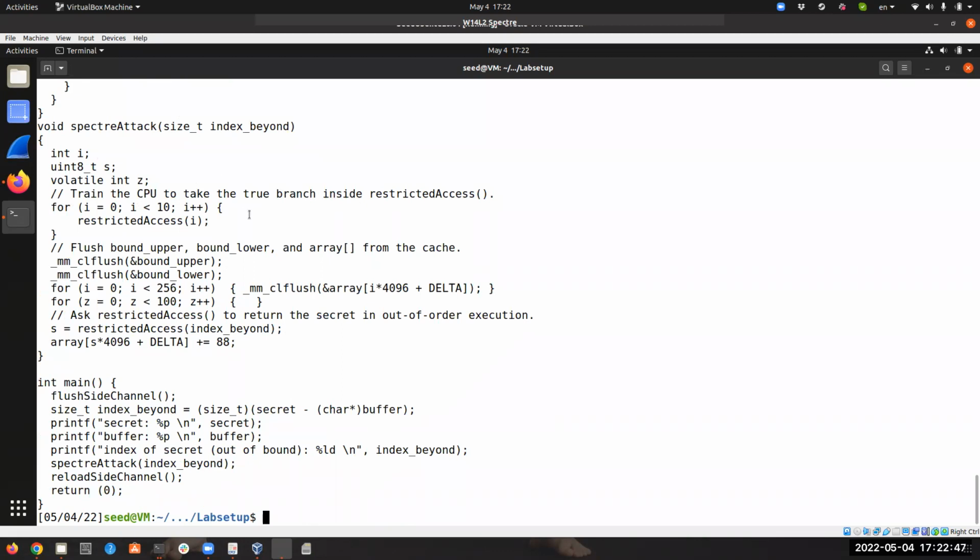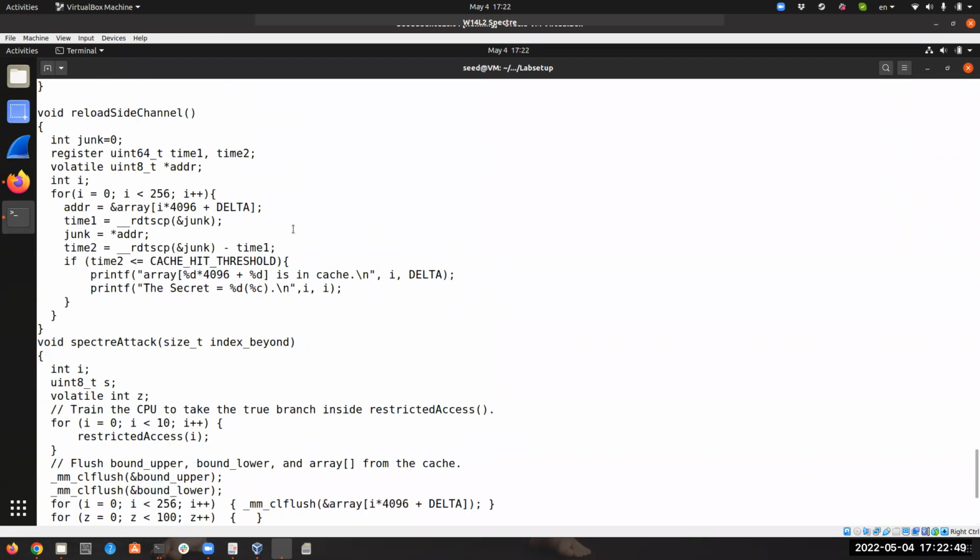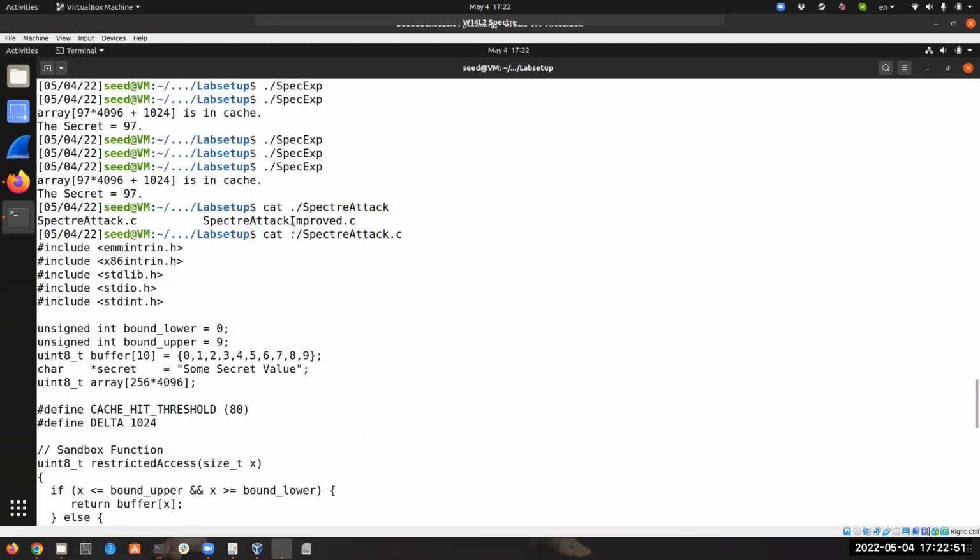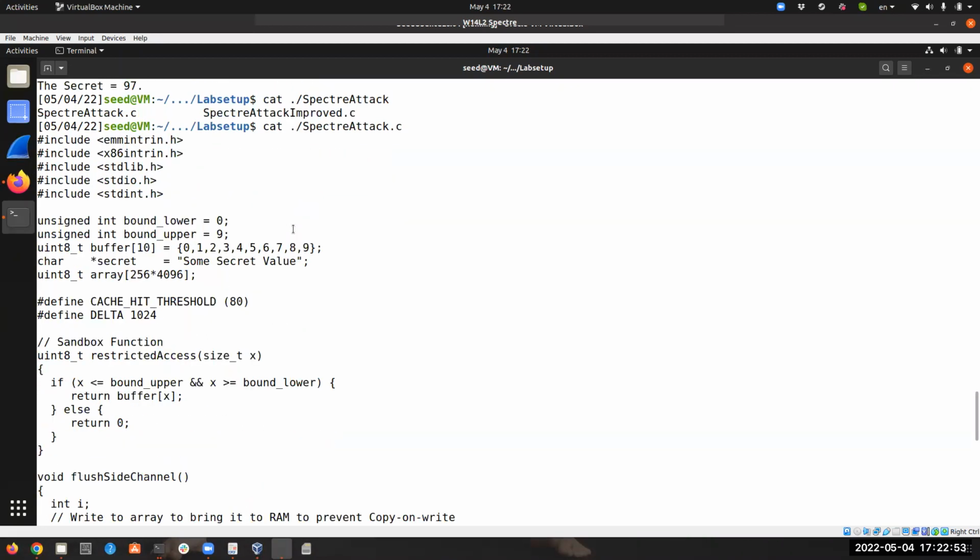Okay, let's take a look at a little bit more complicated case here. So in this example, we have some secret. The secret is just a byte string. Even though it's a character string, it's the same as a byte string. Each character is just a byte, right? Then we have